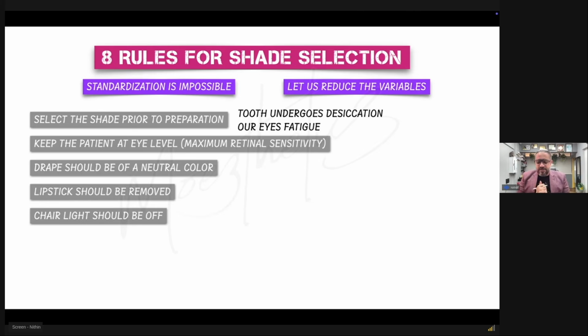Always remember this. Your chair light, usually it's a tungsten or it's an LED. It's giving you either a yellow light or a very bright white light. That is not a good light for shade selection. So you want to keep that light off. As a matter of fact, even in your practice, the lights that you put up, there are lights that are